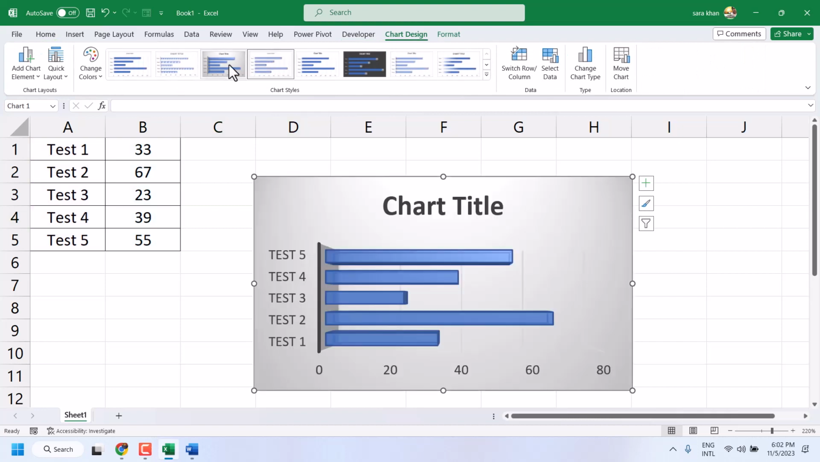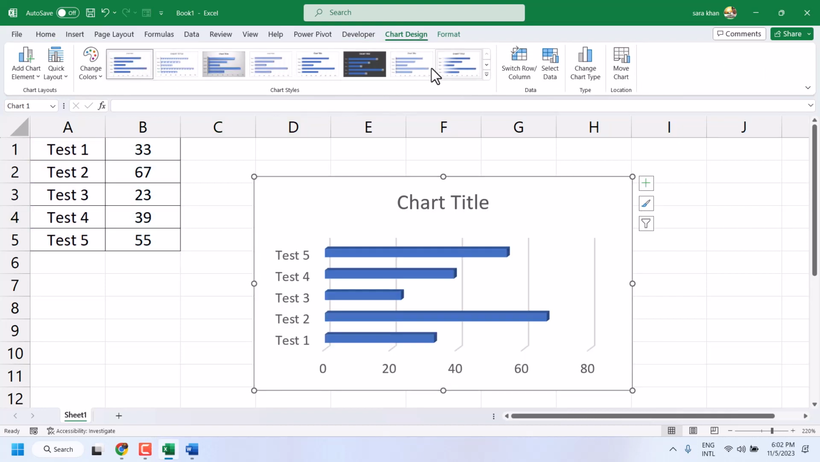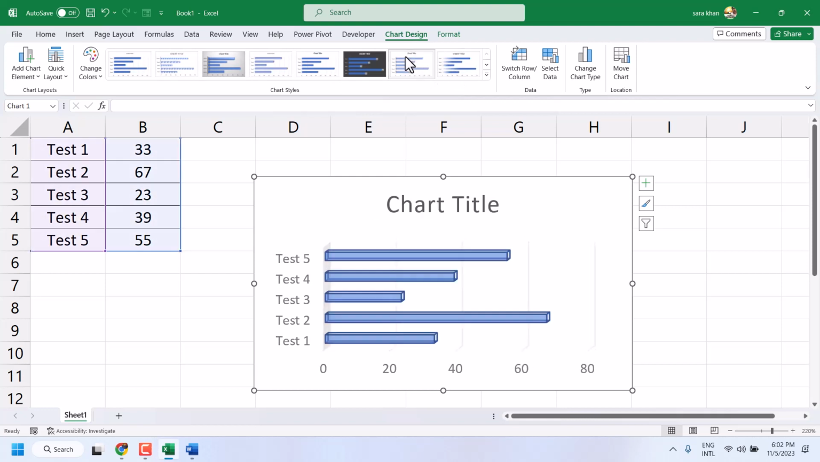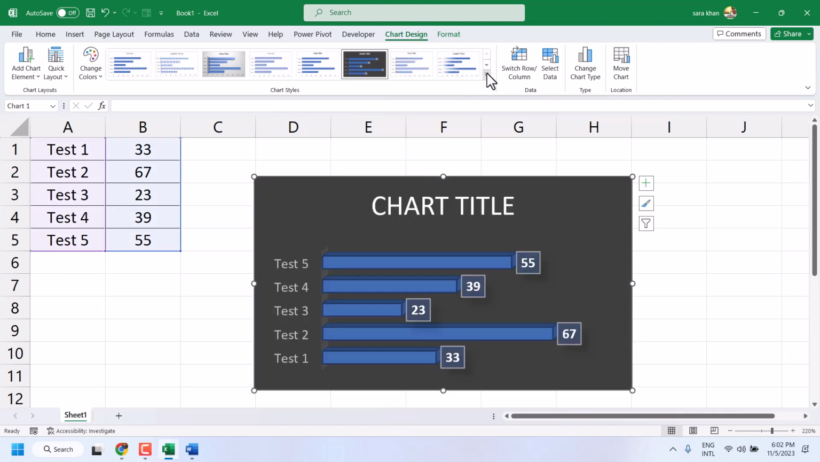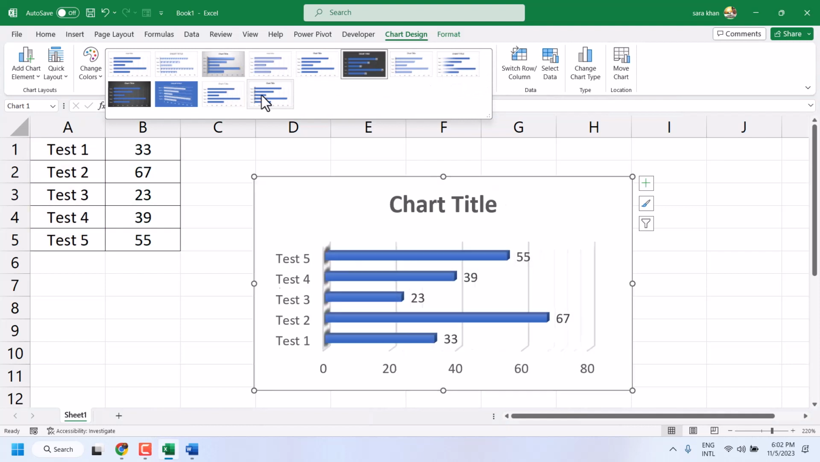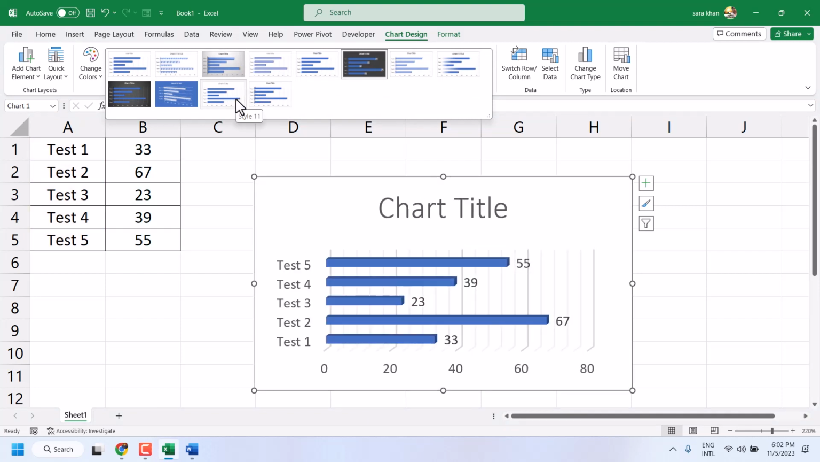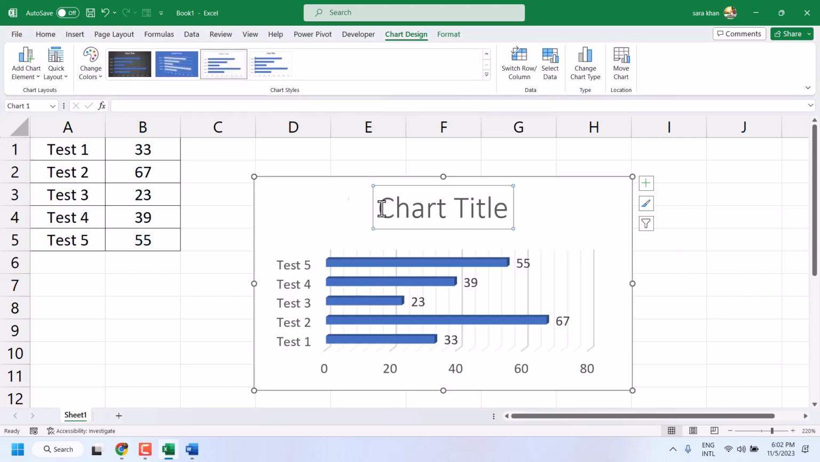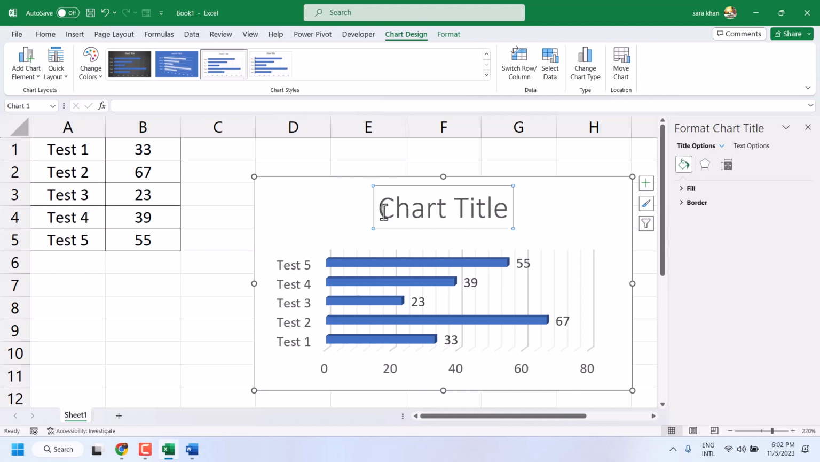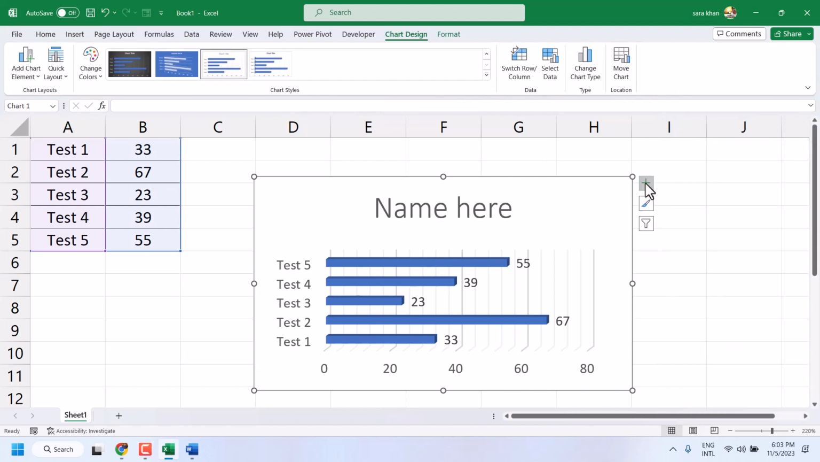can change style from here. There are some more styles. Here you can give a name for this graph. And once you click on this plus icon,